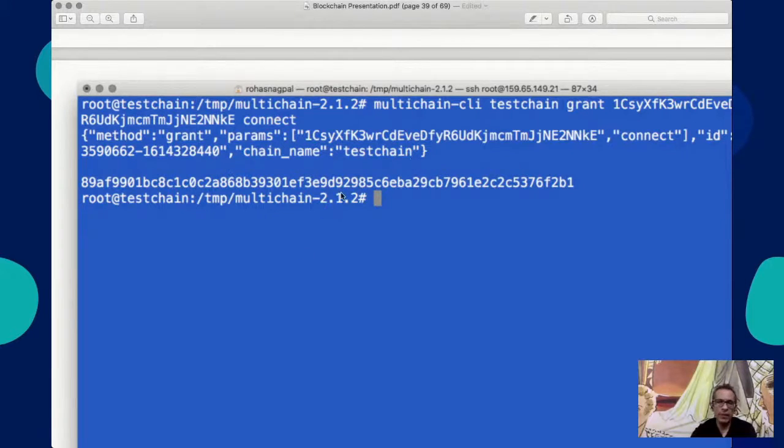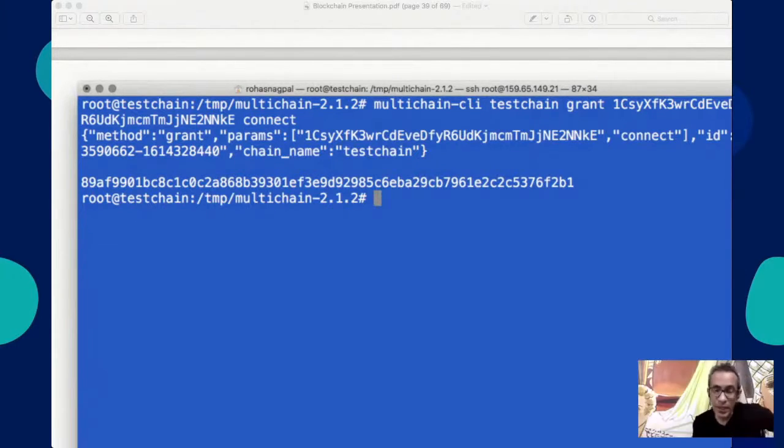This part is where I've granted permission. Now you will notice this long alphanumeric number here. What is that hexadecimal code that you are looking at? That is the transaction ID. Every single blockchain transaction has to generate an ID. If the transaction ID is not generated, the transaction has not gone through, which is why you cannot hide a blockchain transaction. Everything, when it goes through, generates a transaction ID, and that is the only thing which proves that that particular transaction has actually happened on the blockchain.